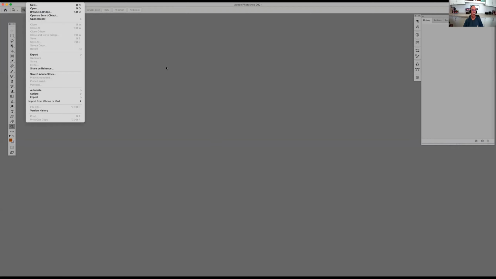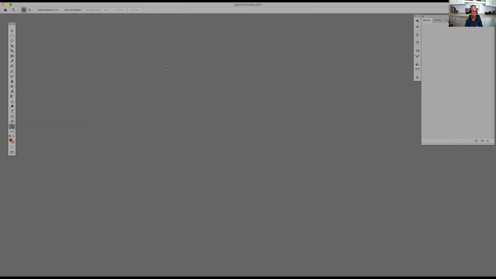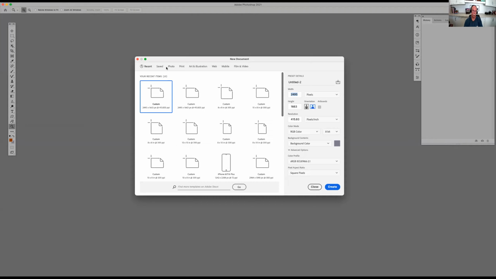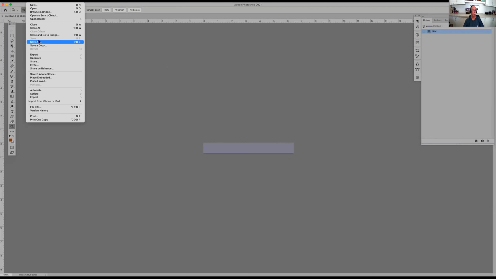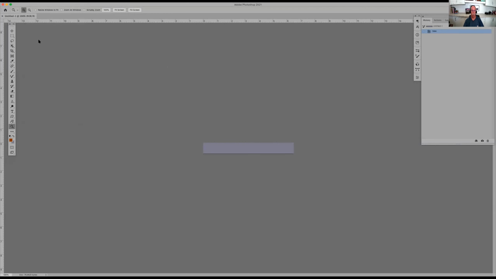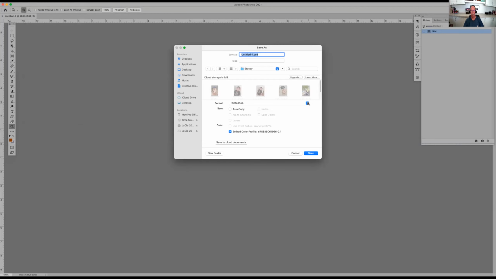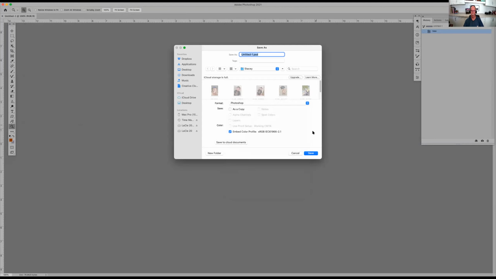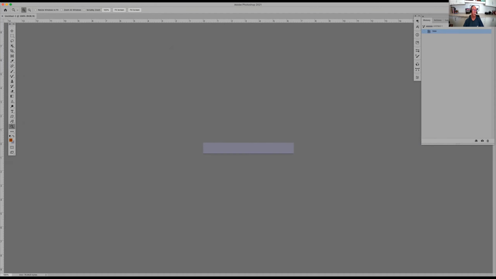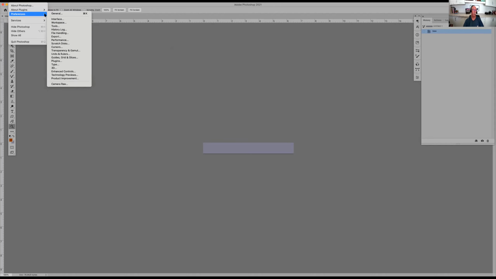The Save As feature, let me open up a file real quick. Let's just make a new one. There we go. The Save As feature has been blocked out except for Photoshop, TIFF, and a couple of others. But you can see in mine, I've got all my stuff there. I hit cancel. What you do to get around what Photoshop did in their update is go to Photoshop Preferences